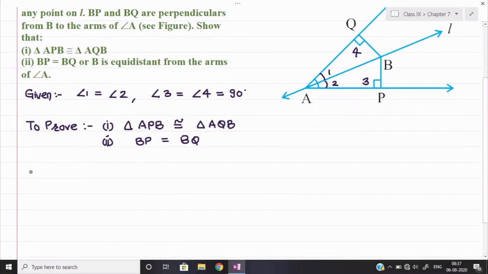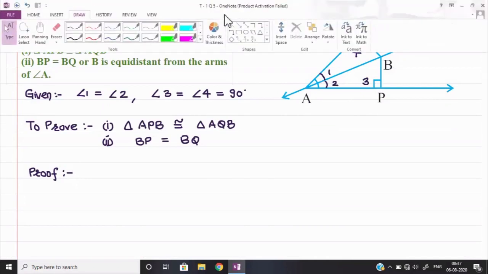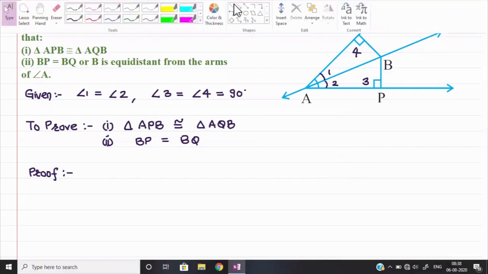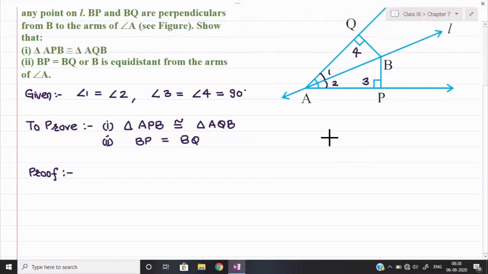So here in the proof we will write down. Okay, first we shall start the proof. See, we need to show that the two triangles are congruent. So let us consider the two triangles separately over here. Then we'll come to know which parts are given equal. Okay, so which theorem is applicable, or what exactly we need to prove here, all things will come to know. Let me draw, one second.